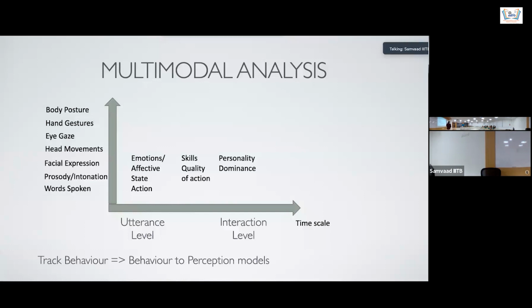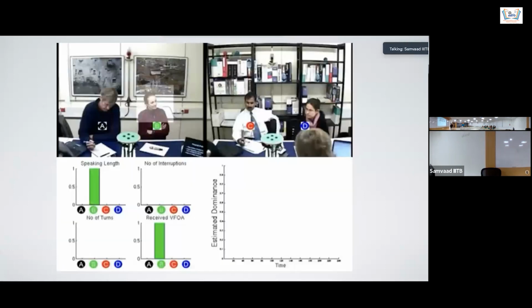So an example of this work was the work that we did on dominance prediction in a group interaction, where you have a meeting room, and this meeting room had cameras on top, audio sensors here, right? And so on. And you have 4 people, A, B, C, D, and you can look at who talks the most or who interrupts the most, who gets the visual attention, and so on. And this way, you're able to